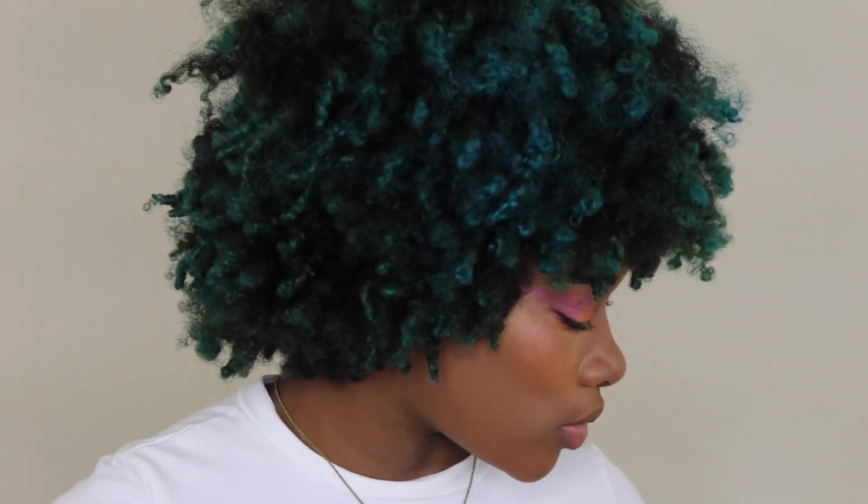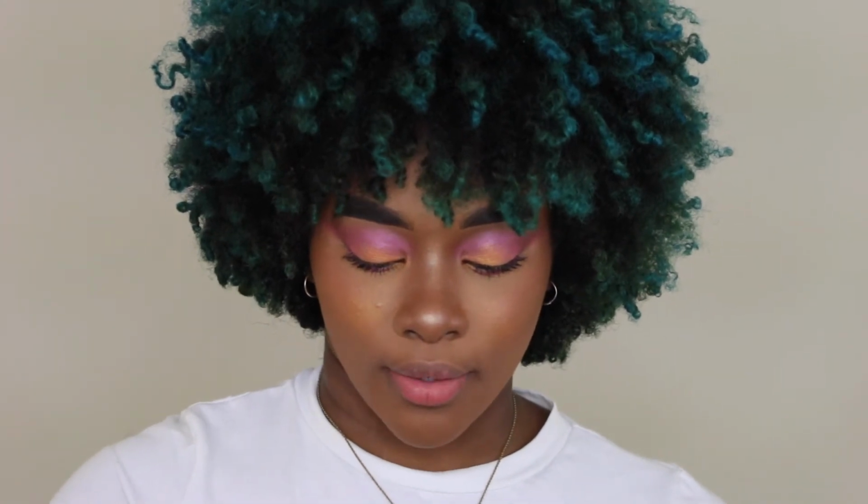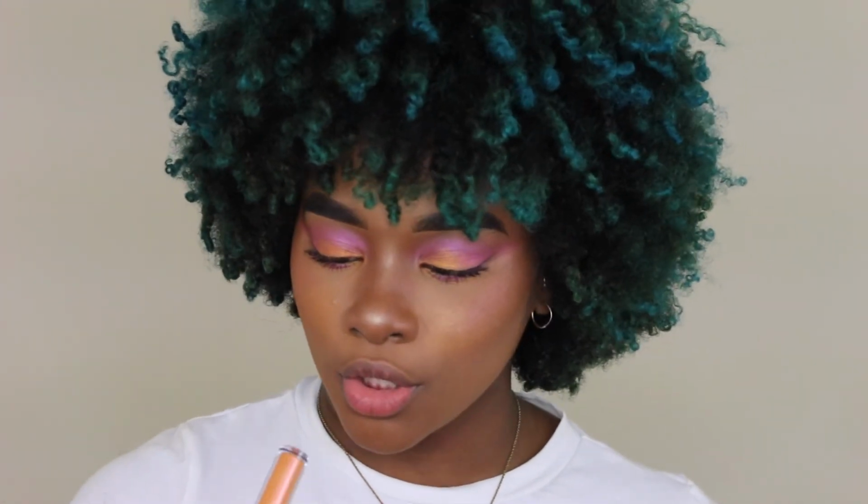Okay. I think that's pretty. I don't know if y'all can see, but it kind of just gave me, oh. Okay, we're gonna stop right there. I think we're gonna do the orange. I don't know why I keep putting this down, because this is the only mirror I have at hand right now. So I'm gonna do